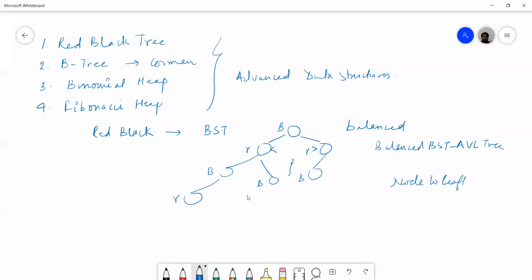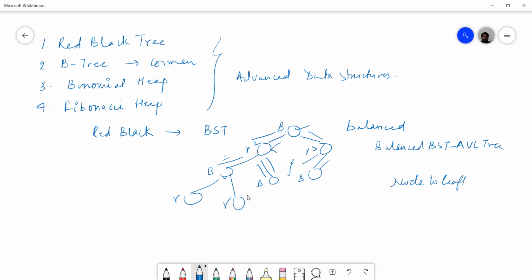So if you see for this node, we have two black nodes on this path, two black nodes on this path, and two black nodes on this path. If we see for this node, we have one black node on this path, one black node on this path. For this node, again one black node on this path. There is no other path. For this node, zero black nodes. For this node, zero black nodes. Suppose this is also red, then again zero black nodes.